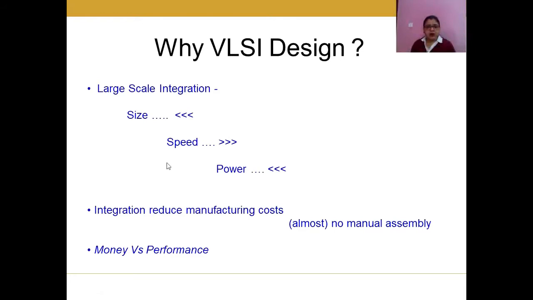And yes, after achieving all these things, it also reduces the manufacturing cost. Why? Because there is no manual assembly required. Everything is done with machinery. Once the setup is established, then it only has to be maintained, and there is only the maintenance cost. It will not have any other additional cost. So this is how we can say why VLSI design is of so much importance and why the world is running with this VLSI technology.